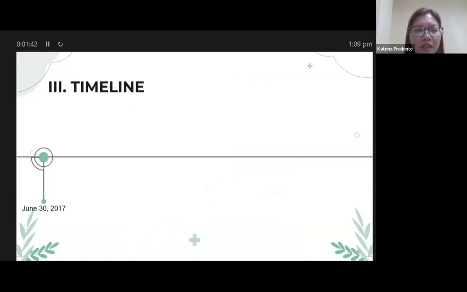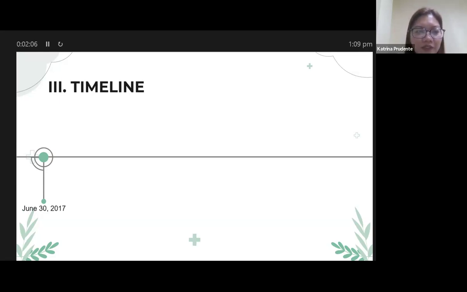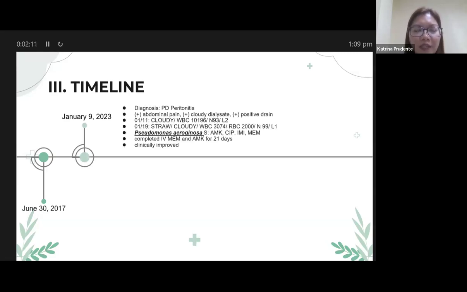So for the timeline of illness, the patient had her first PD peritonitis episode in 2017, presenting with abdominal pain, cloudy dialysate, and a positive drain. The culture turned out to be Staph aureus PD peritonitis, which was sensitive to vancomycin, and the patient was given vancomycin for 21 days, which showed clinical improvement. However, in January 2023, she again had episodes of abdominal pain with cloudy dialysate and positive drain. This time, the culture revealed Pseudomonas aeruginosa, and she was given culture-guided meropenem and amikacin for 21 days with